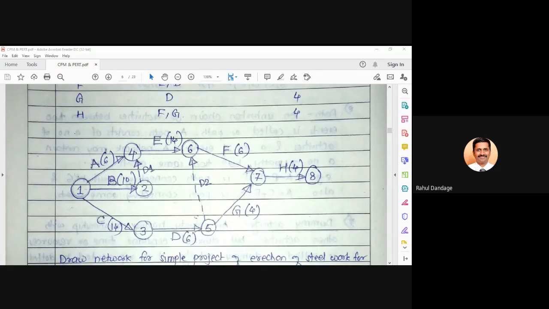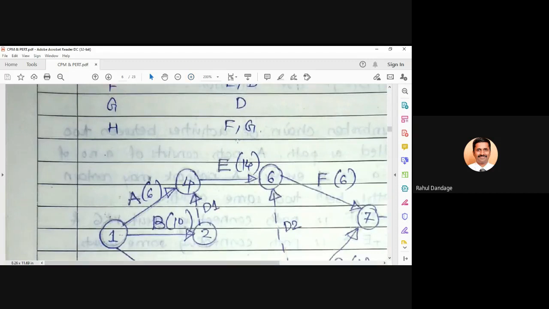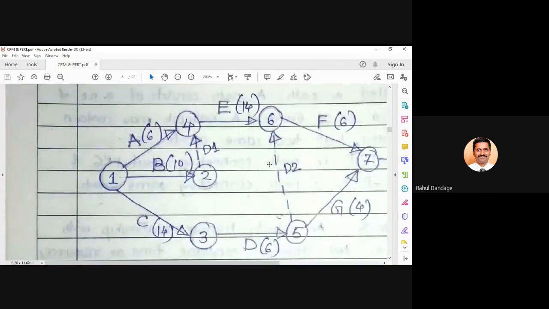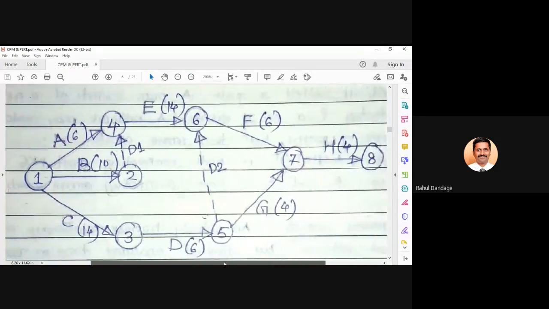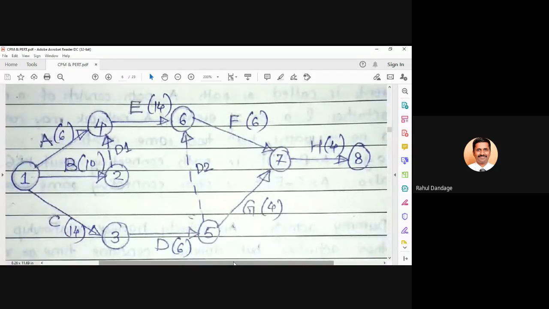So we will follow the same convention. Whatever problems we are going to see will all be AOA kind of problems. Activities will always be on your arrows. Now, further in this particular diagram, can you observe certain dummy events, dummy activities? Do you find some dummy activities in this case?